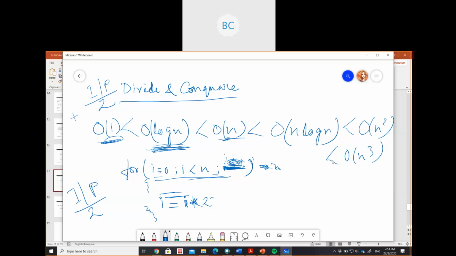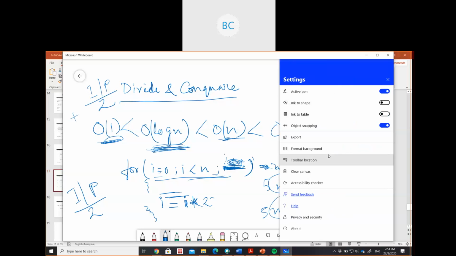I also told you that if your expression is something like n square plus n and all, then we just consider the n square. We simply neglect all the constants and insignificant parts. So n square grows faster than your n term. That's why we consider the n square. Same in the case of n cube also. If your expression has n cube, n square and all, it's growing faster with n cube.